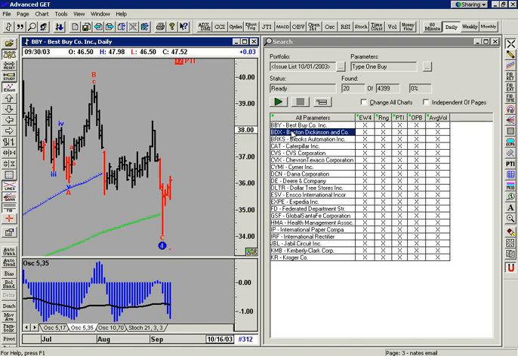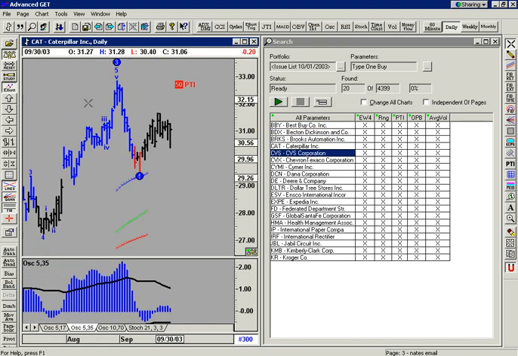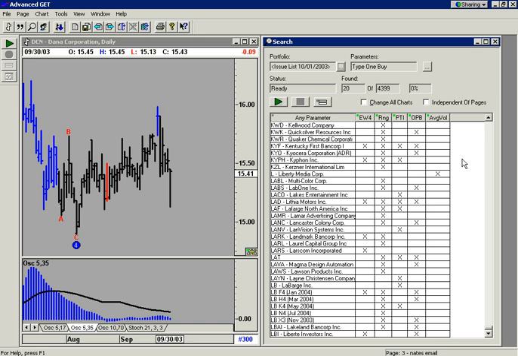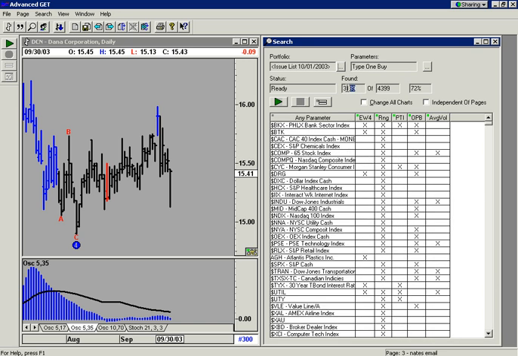And you'll see that any one of these that we double click on, just like I said a moment ago, is going to change that chart on the left. But something else I'd like to do, and we don't have a whole lot of results here, so it's no trouble to go through one by one and look at these. But at times, you might have a list of results that looks something like this, where you have several hundred results. In this case, almost 3,200 results